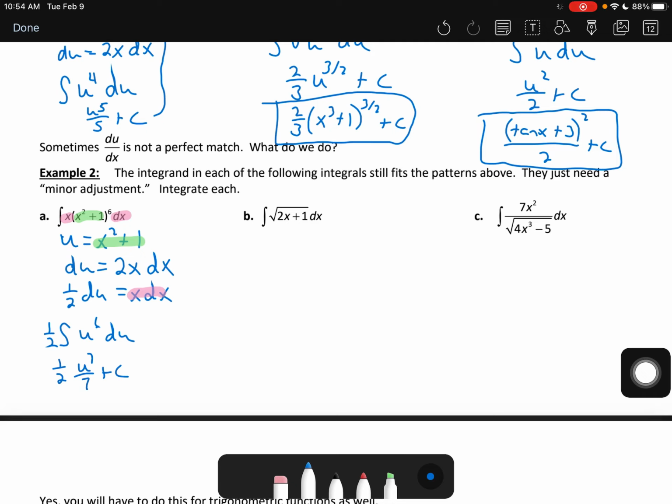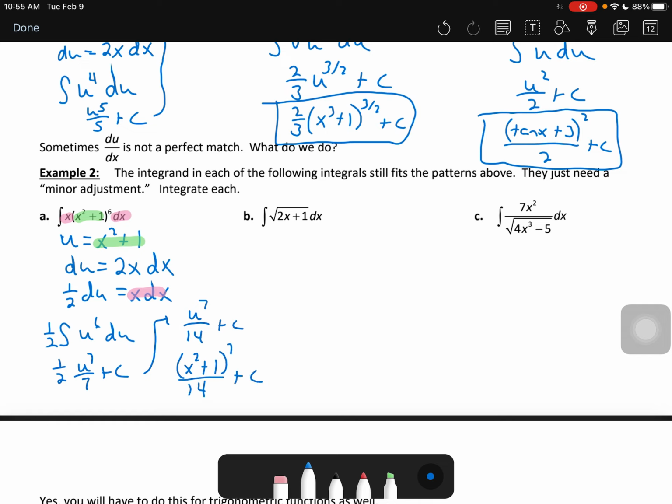So I've got really u to the 7th over 14 plus c, and then I'm going to plug back in my x squared plus 1, since that is what my u value was, to the 7th over 14 plus c. Okay? So there, our minor adjustment came in this step right here, because when I did my derivative of u, it was 2x. I just needed an x, so I end up having to divide by 2 or multiply by half,